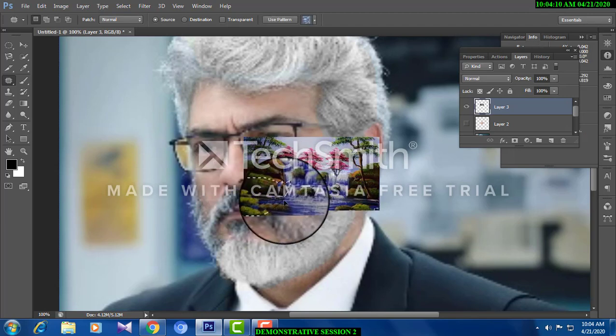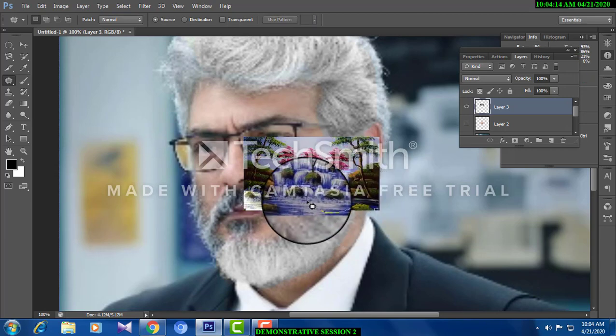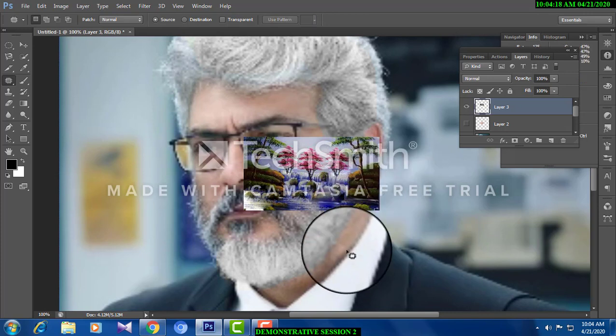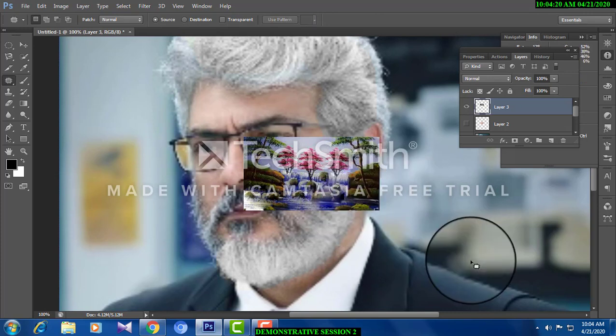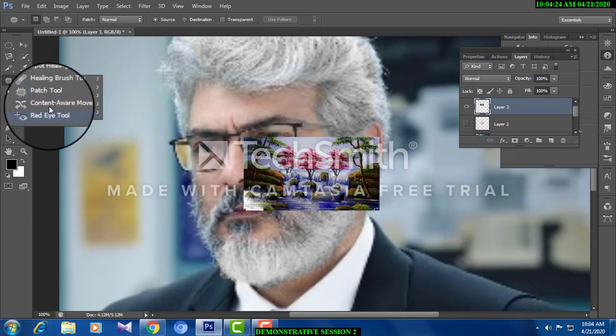See, you want this to be here, or you want this mountain to be here. Able to see this? So please work it properly. You will get to know all these things. This is the patch tool, and all the other tools are not available in Photoshop 7 and advanced versions. I mean, when you become a very good designer, all these tools you can just know about.